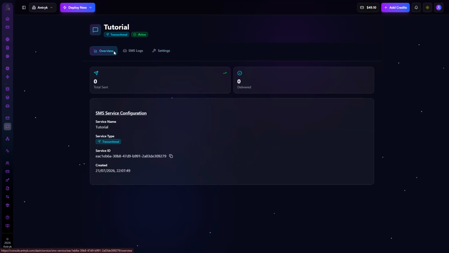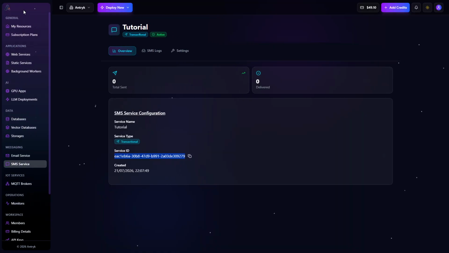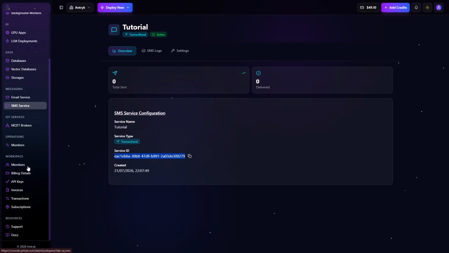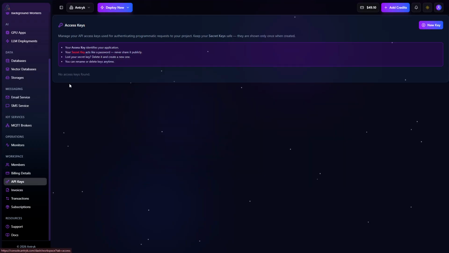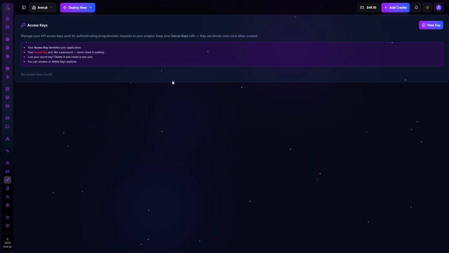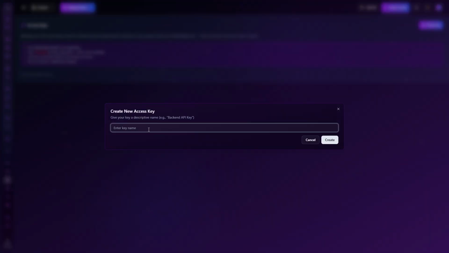Let's focus on what to do next. For using your SMS service, you will be requiring this service ID, but along with that, you will be requiring some credentials like API keys. Come to the sidebar, below billing details, and click on API keys. Then click on new key. After that, give your API key a name and create it.